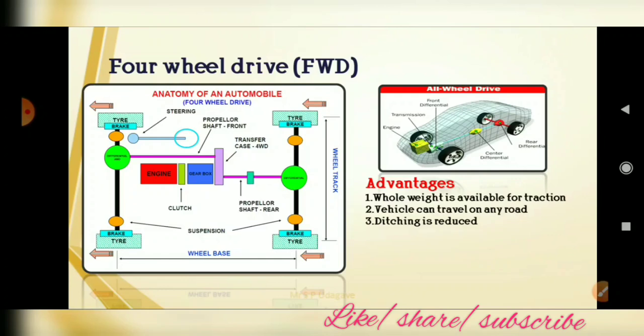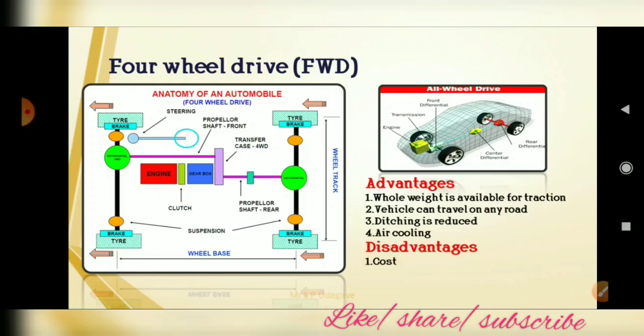And detaching is reduced, meaning the wheels provide proper grip to the road, so that is called detaching. It is reduced. And because the engine is on the front side, we can get good air cooling.